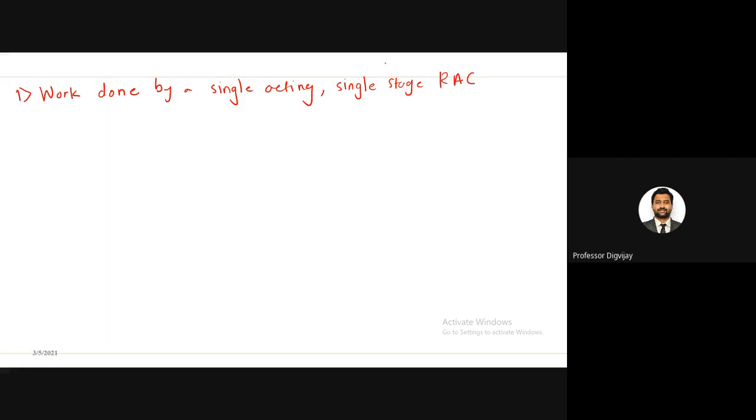So see here what is meant by single acting. If I take an example of piston and cylinder, suppose this is a piston cylinder assembly, and the air will be delivered by only one face of the piston. This is the inlet port, this is the outlet port. If the air is being delivered by only one face of the piston, this will be single acting.